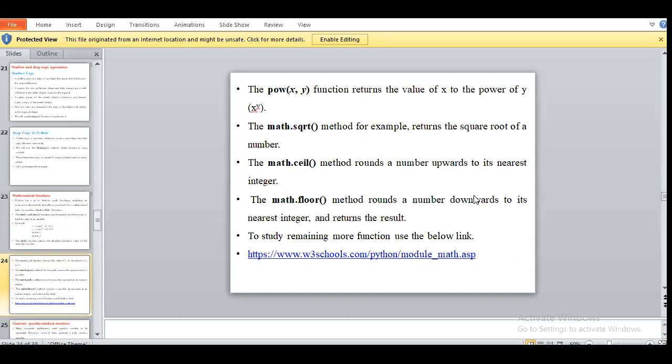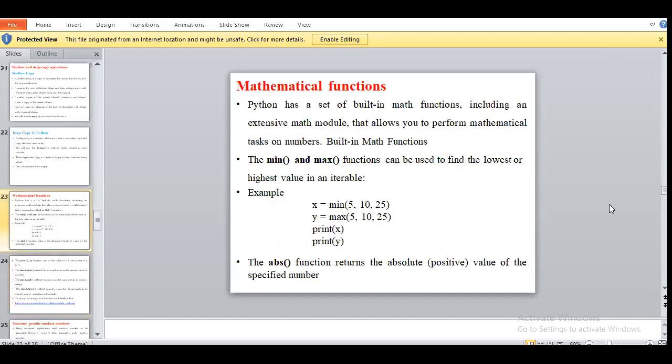Okay, so any doubt regarding the mathematical function point? How many of you completed the programs? Yes, ma'am. Complete. Okay, can you share your screen?